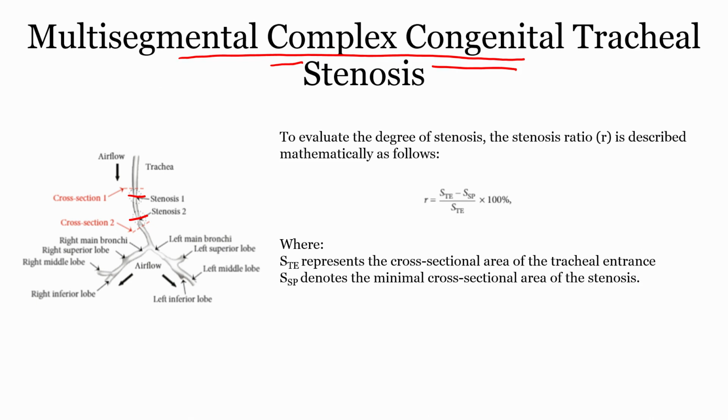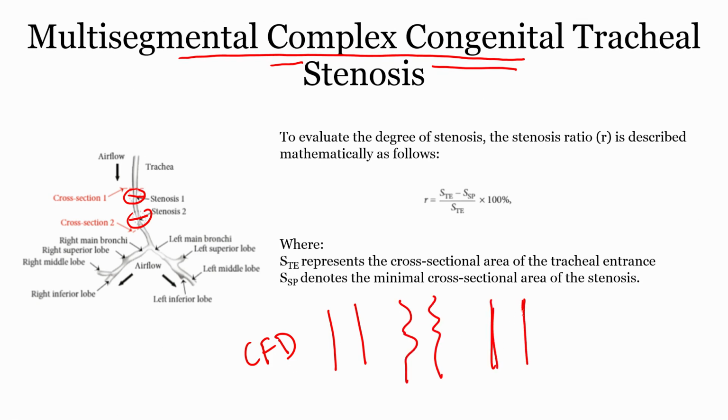So, again based on the geometry, CFD was being performed, and the challenge here was, should you operate this region first or this region first, so that you bring back the trachea from two stenoses to a normal healthy segment. Why does this become challenging? The next slide talks in detail about why this multi-segmental stenosis, and which has to be operated first,